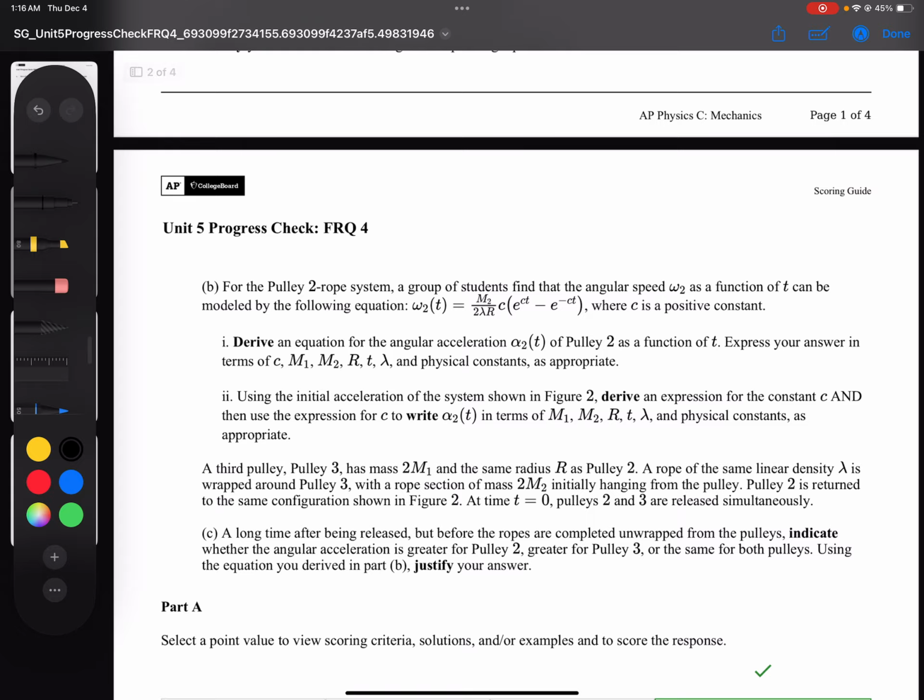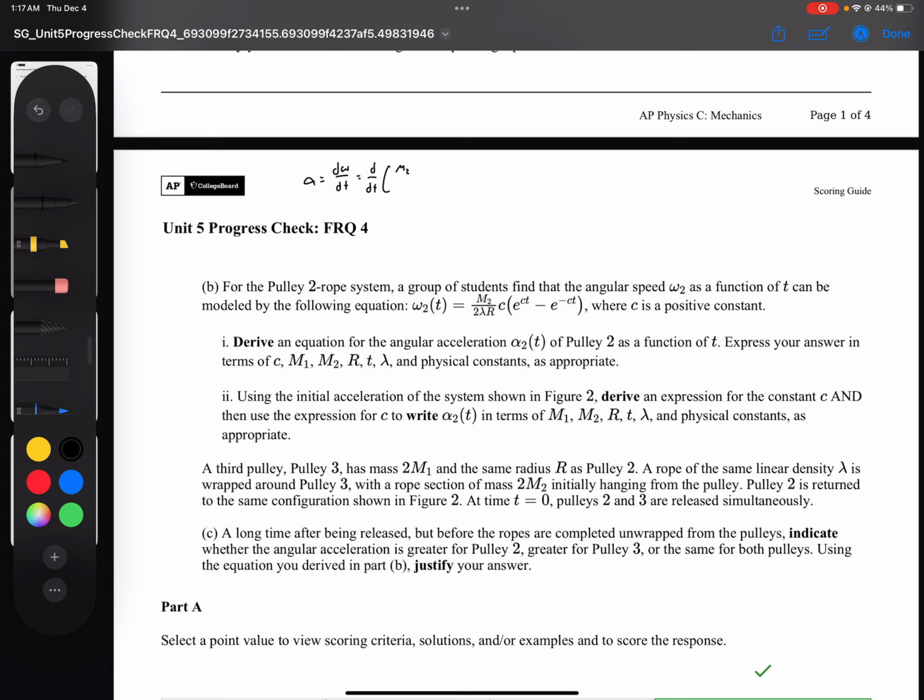And then here we have this equation, and we need to derive an equation for the angular acceleration of the pulley as a function of time and express your answer. All right, so for this one, we just have to take the derivative, right? So we're going to take the derivative of this function here. And again, let's remember our power rule in order to deal with the exponential. So I know that alpha is equal to d omega over dt. And let's just write it out. So d over dt of